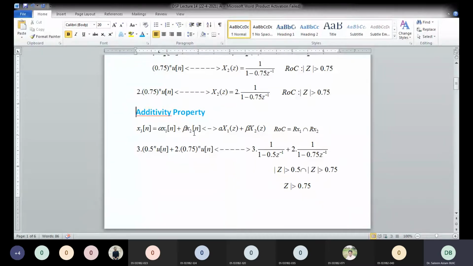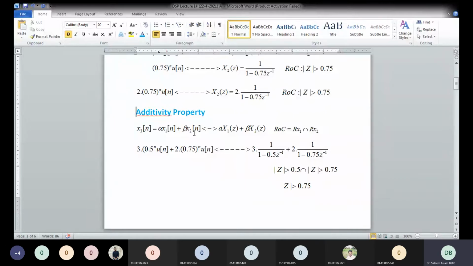Or for example, if you have some system which has two inputs, you can add the inputs and apply them, if the inputs are individually being added toward the system, because we are more concerned about the signal in the system. So if we have an IIR system that is a combination of multiple subsystems, we do not need to take the complete Z transform of the whole complex system. What we need to do, we can take the Z transform of individual subsystems and then we can add, because the Z transform supports additivity. In the end we can add and get the final Z transform expression and ROC,